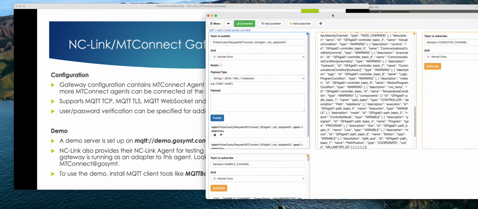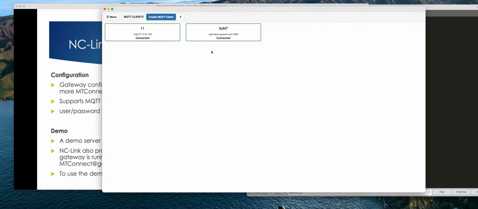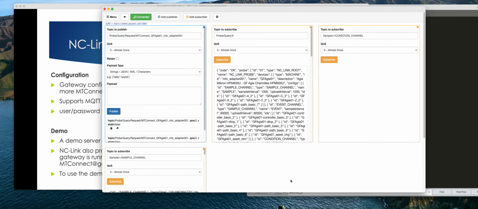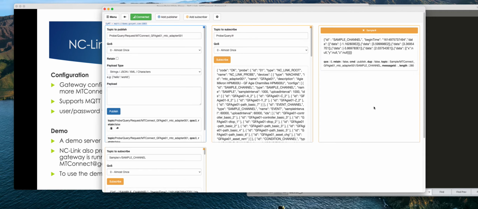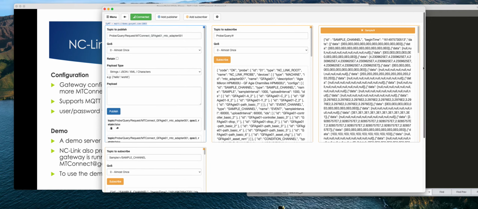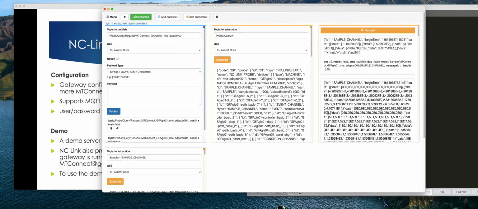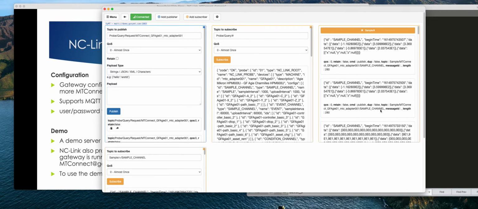So I have set up 2 MQTT connections. This is the MQTT box. Let's talk to our demo site first. Let's see if I want to listen to anything that is publishing right now. You can see things are publishing every 1 second here for different channels.